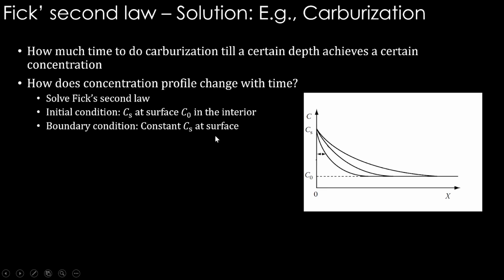Okay, what is the boundary condition? The boundary condition here is quite obvious. If the initial surface concentration is CS, and then diffusion starts and the carbon supply is not there, that is, only at the initial time the carbon supply is really high and the moment diffusion starts the carbon supply is stopped, then the concentration of carbon at the surface will start coming down. It's more like high concentration and low concentration, and everything becomes uniform, right? Carbon concentration here will start dropping.